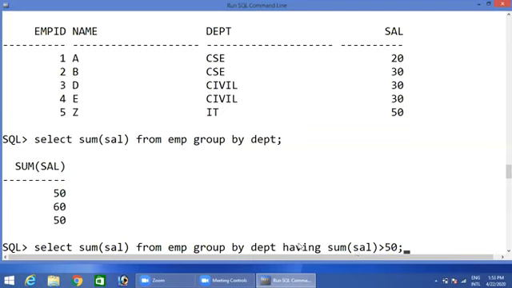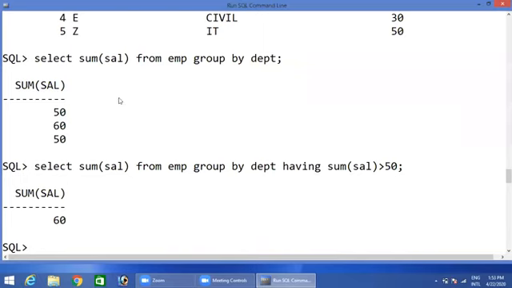And if you want to apply this having clause, obviously group by clause must be executed. Group by keyword must be executed. So now see, we'll get 60. By using group by, I got this output. Next, if there are any conditions on this result set, you can apply the having clause.